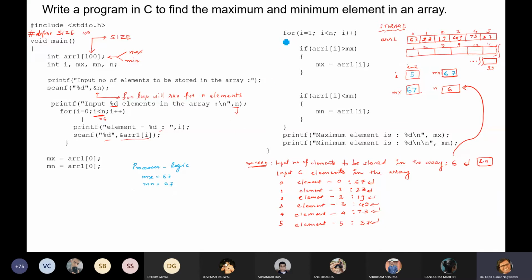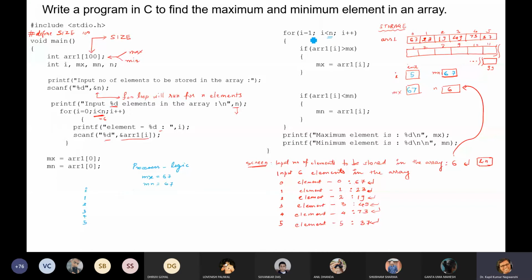Now start once again the for loop. So a new for loop will start and we will start the calculation with I equals 1, to I less than n. So I will start from 1, 2, 3, 4, and 5 because the value of n is 6.